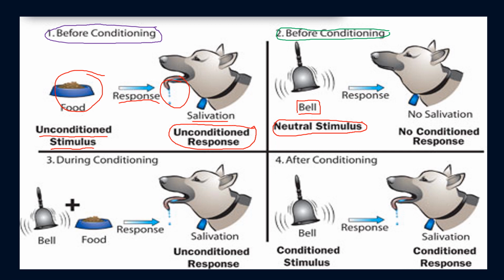So he needed to check that there was no association to the sound of a bell or a metronome. So he checked their response and nothing. The dogs didn't salivate. So he knew that the neutral stimulus in his experiment did not cause any form of salivation response in those dogs. So he moved on then to stage 3